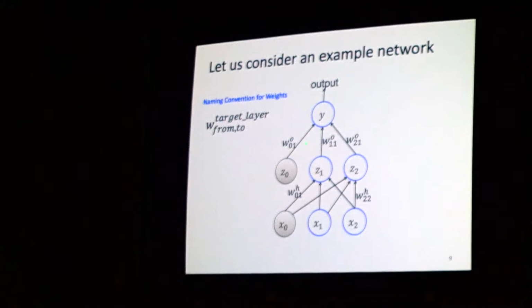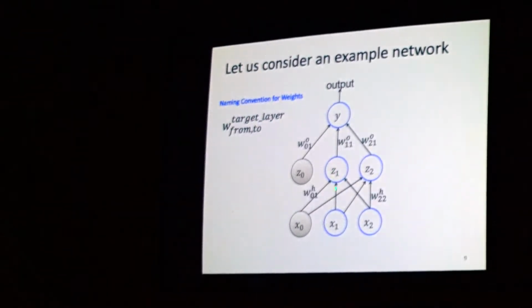For example, this edge points to the output layer, so the target layer index will be O or whatever. And this edge points to the hidden layer, so the target layer in the superscript is H, or some integers if you want, use them to index layers. That's totally fine, right? And then in the subscript, we're going to use two